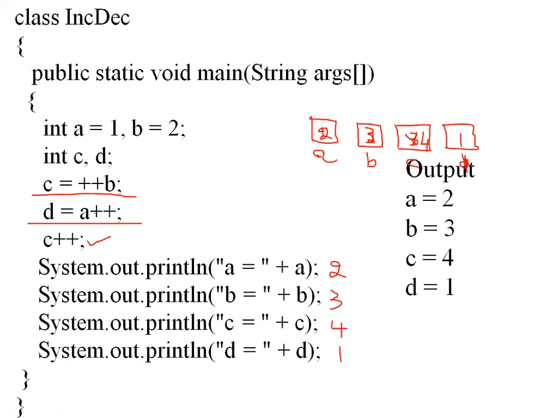Okay, so you need to do the operation first. When you say D is equal to A plus plus, you are working the concepts correctly, but you are not performing that action. You said that the A value is first assigned to D, then you increment. So directly you are going to the A value and incrementing it, but before incrementing, you need to perform the assignment here. So that action you have to complete first. Afterwards, you need to increase.